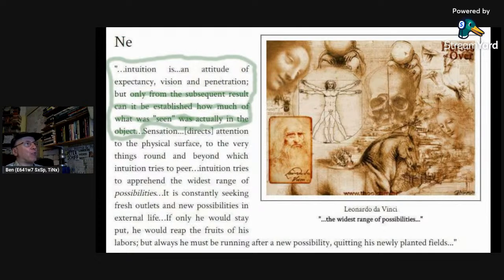So this is about extroverted intuition. Oh, it's just all the NE. Intuition, extroverted intuition, is an attitude of expectancy, vision, and penetration. So you could probably see that at the whole type level with the NE DOMs, which are the collaborator rational, the NTP, and the collaborator idealist, NFP. But only from the subsequent result can it be established how much of what was seen was actually in the